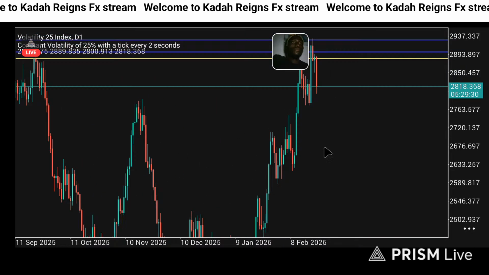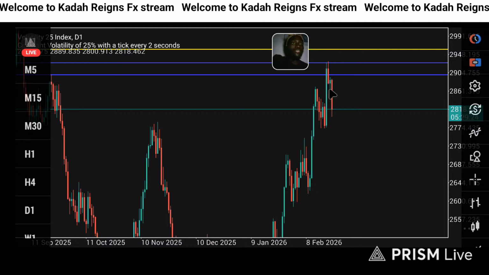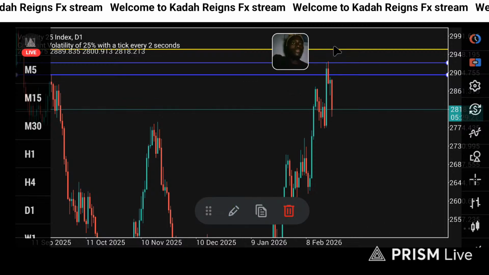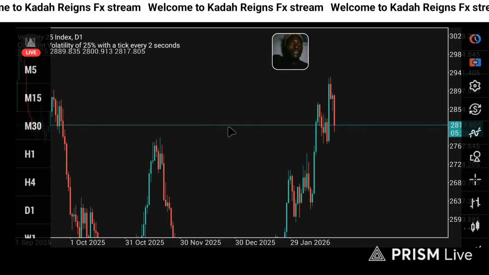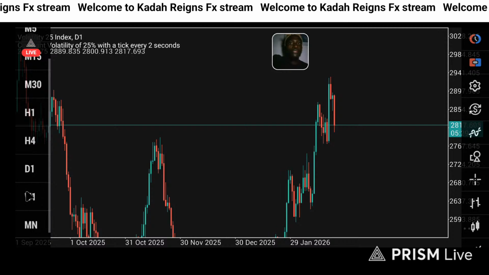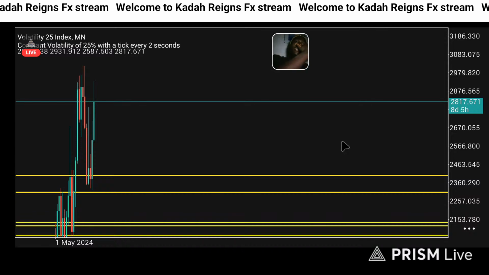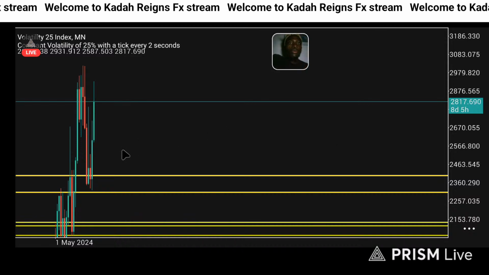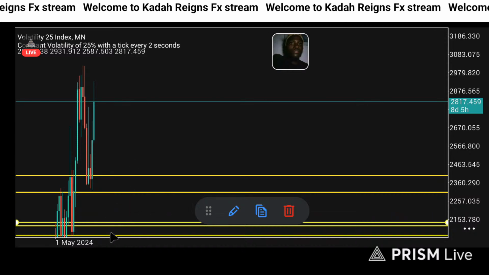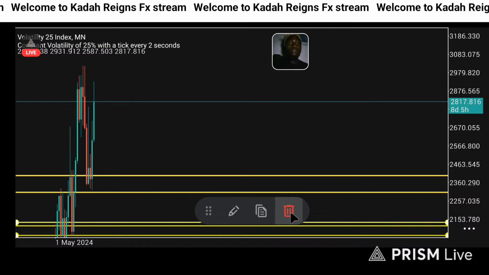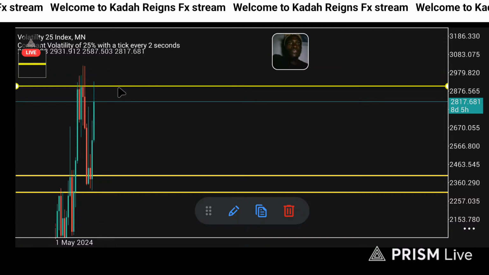So I'm just going to delete all of this, this support, let me delete everything. All right, perfect. So for example, you want to come to the weekly time frame, right? All right, let's start with the monthly time frame. So this is the monthly time frame. What do you see on the monthly time frame? We are bullish, right? We are bullish, but let me further delete this stuff. All right, looks like price just reached where it was supposed to go. You see there in these ranges, right?